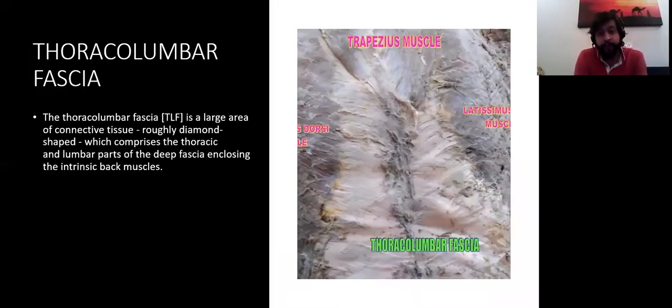Second is the thoracolumbar fascia, a very big fascia. It's a large area of connective tissue, roughly diamond shaped, which comprises the thoracic and lumbar parts of the deep fascia and encloses the intrinsic back muscles. Now, how to